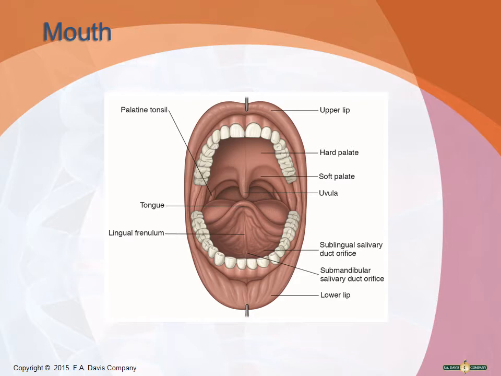The tongue is a skeletal muscle, and it's attached to the floor of the mouth by the lingual frenulum. You could just say frenulum. It's a piece of mucous membrane that sometimes children are born with too tight, and they'll say they're tongue-tied, and it could affect speech, so they'll actually cut it. The hard palate, we know, is made up from the maxilla,